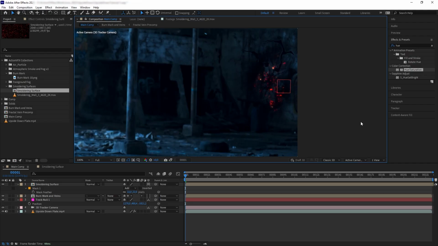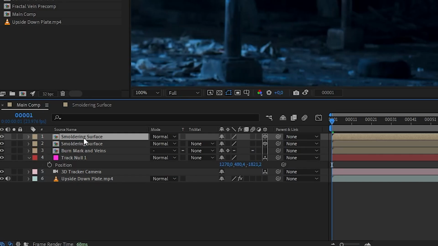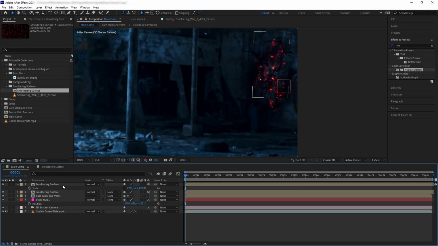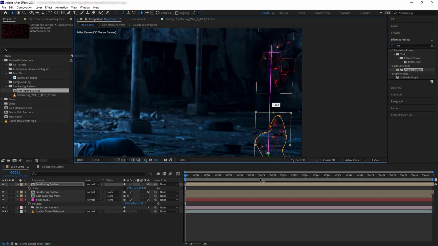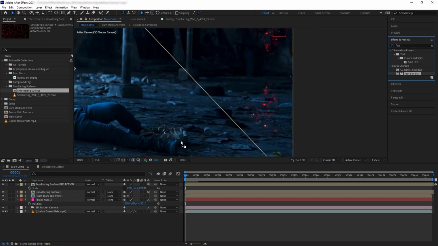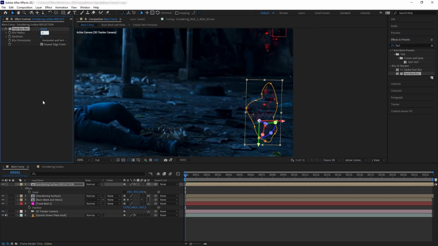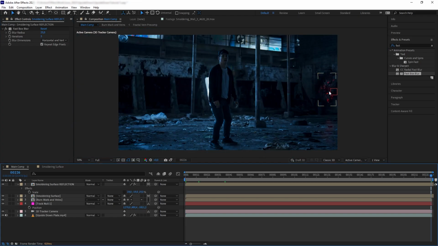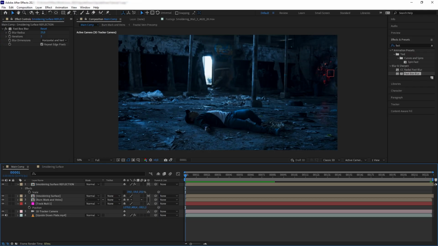Then let's make this portal reflected on the ground. So let's duplicate this, press S, and then disable the constraint, and then flip it on the Y-axis. And then let's move this down to the ground. And then let's rename this reflection. Then let's get a fast blur on the reflection and blur it really high. So now that we have this smoldering surface as our portal, and it has the reflection of that glow on the ground, next, we want to start adding our glow effects to the smoldering surface.